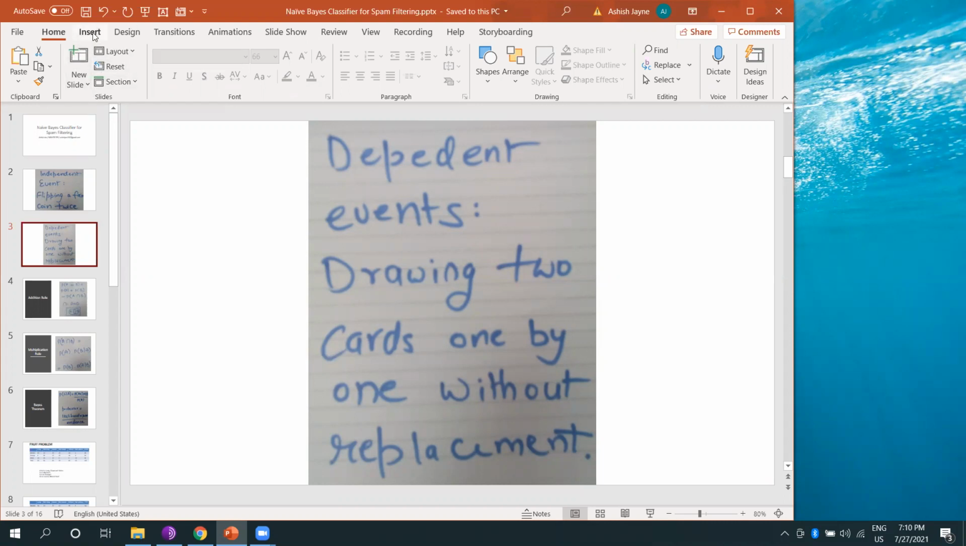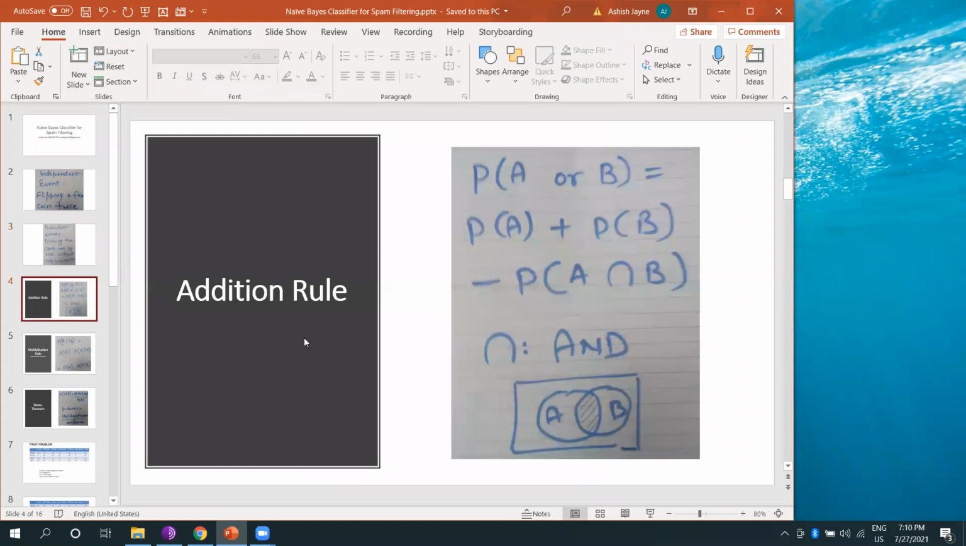When we draw a card, at that point of time the deck has 52 cards, and when we pick a second card, the deck has 51 cards. So when we draw two cards one by one without replacement, we are changing the state of the bag or the deck of cards from which we are drawing, and the two events become dependent on each other. The draw of the second card becomes dependent on the first event. Now the addition rule of probability says that